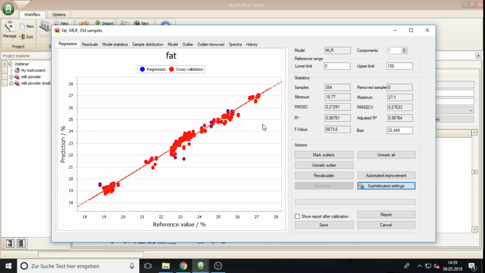Okay, in between we had a question from the internet, how many samples are required for a good model, and there's no general answer to that. At least, I would say we need 30 to 50 samples in the very beginning. If you just want to know if there is a chance to calibrate something, then a little bit less could be an option, but this should not be used for doing a routine analysis. And 30 to 50 samples are only enough if you have